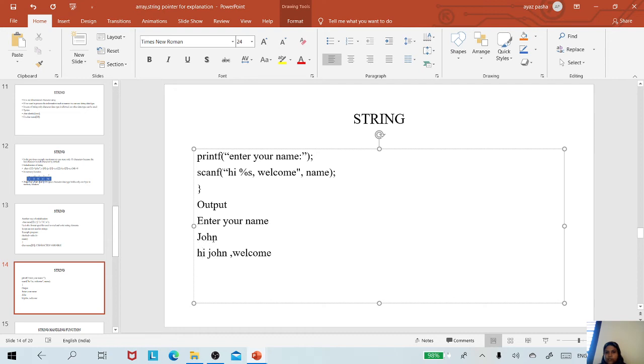I am entering here a name with 4 characters, JOHN. No for loop is used and 4 characters are entered with the help of the format specifier %s, followed by one word I have written here, that is welcome, which will be printed as it is. So this is how you can accept characters from the keyboard with the help of the string function without using a for loop and with the help of the format specifier %s. So always remember, in strings we are going to make use of only the char data type. No other data types are used in strings.